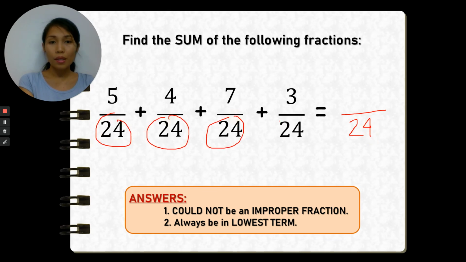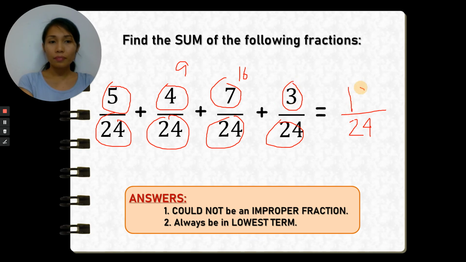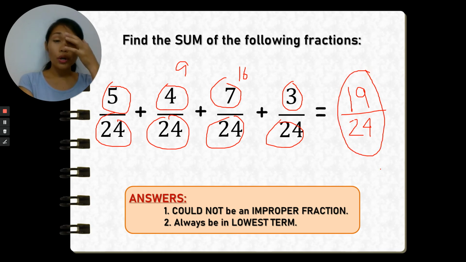So we'll just copy the denominator 24. Now 5 plus 4 equals 9. 9 plus 7 equals 16. 16 plus 3 equals 19. So our answer is 19 over